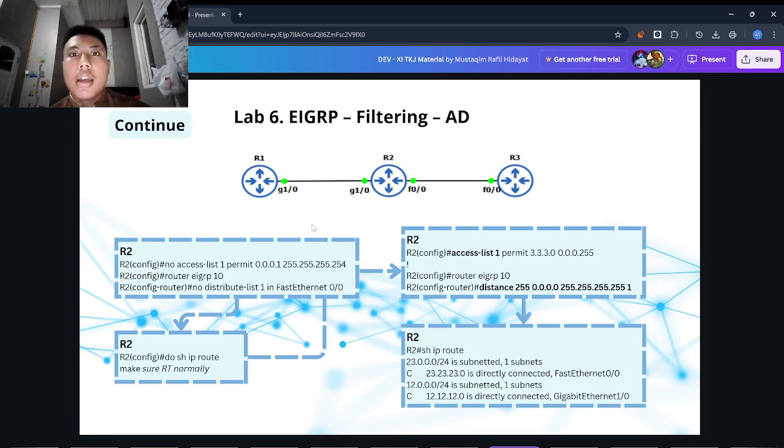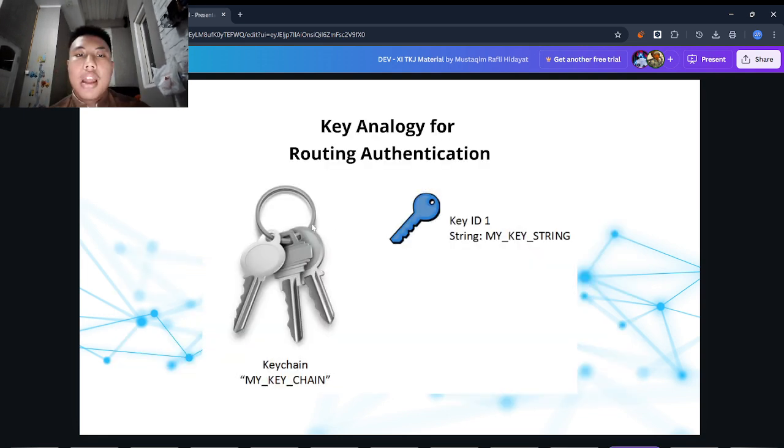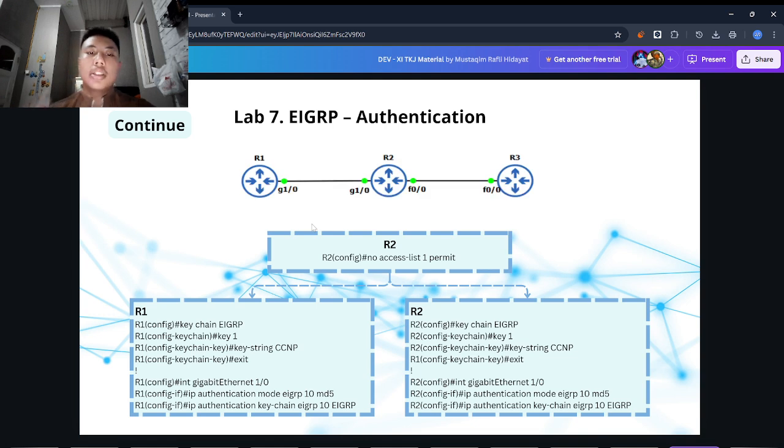Now maybe we can go to the next lab, EIGRP authentication. The aim of this lab is to understand that EIGRP authentication adds security to routing updates.